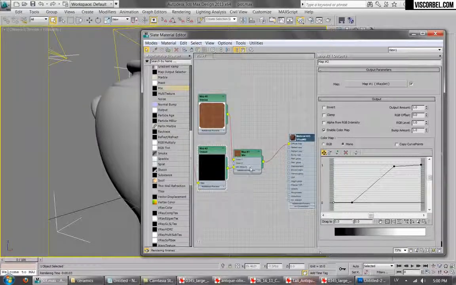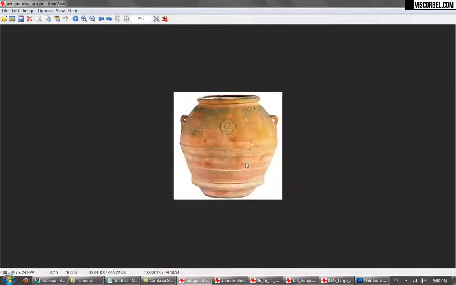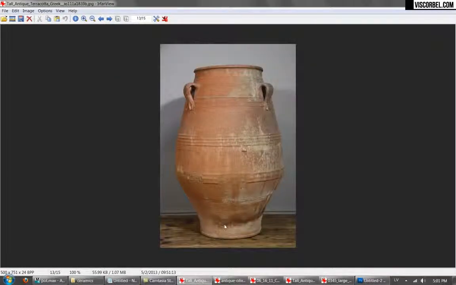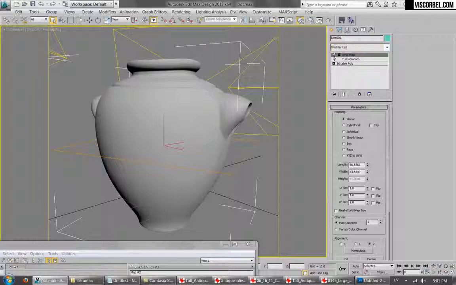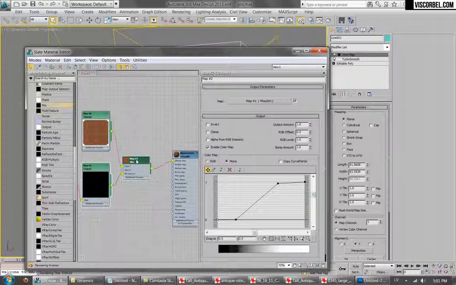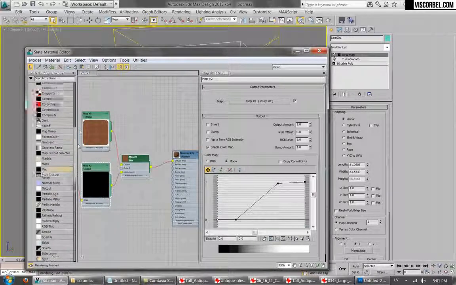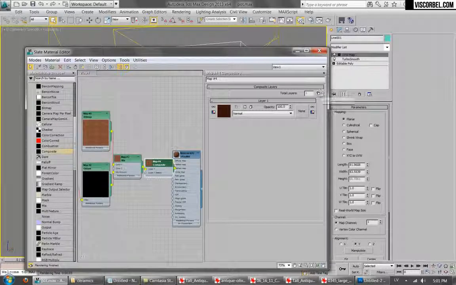Now I want to add some other details to my diffuse, and that is this discoloration from water coming up from the bottom, like here. And I think the best way to do this is by using some gradient to mask out this lower area. All right. So what I'm going to do is add the UVW map modifier, make sure it's oriented vertically, and it fits my walls. And then I'm going to use a composite map right here. Okay, let's leave that mix as our first layer, and for the second layer, we're going to add some